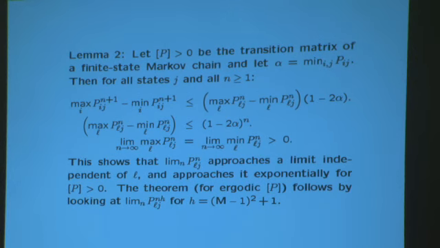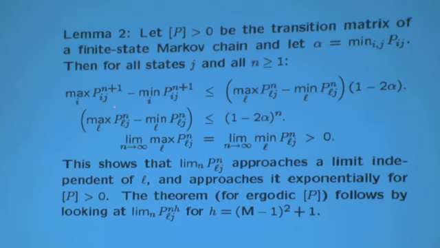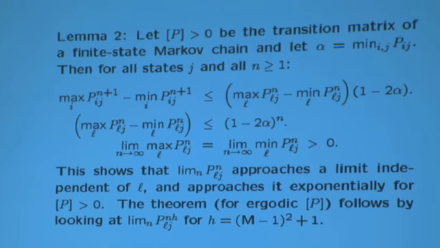The other part of this major theorem, that you reach steady state, says let p be greater than 0. In other words, let all the transition probabilities be positive, and then define some quantity alpha as the minimum of the transition probabilities. And then the theorem says for all states j and all n greater than or equal to 1, the maximum over the initial states minus the minimum over the initial states of p sub ij to the n plus first step, that difference is less than or equal to the difference at the nth step times